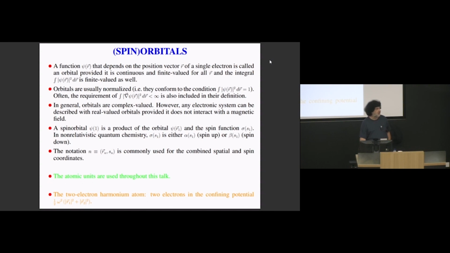A matter of notation: the notation of n being the combined Cartesian and spin coordinates of the nth particle is commonly used, and that's the reason I'm going also to employ it during this talk. So don't be surprised by some strange integrals which have d1, for example. We are not integrating over number 1, but we are integrating over vector r1 and summing over